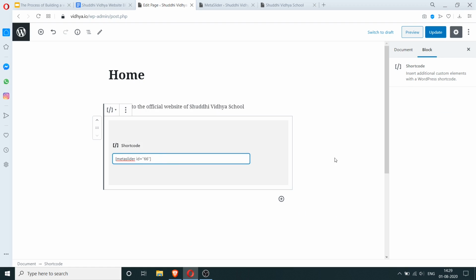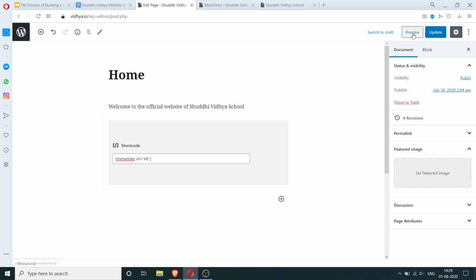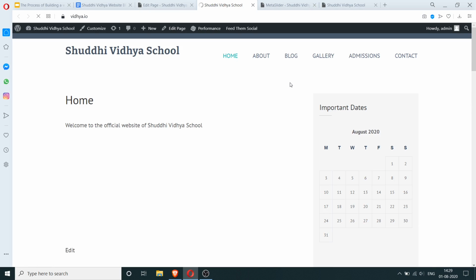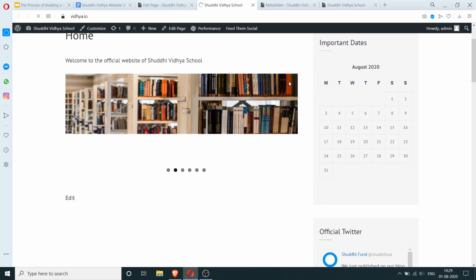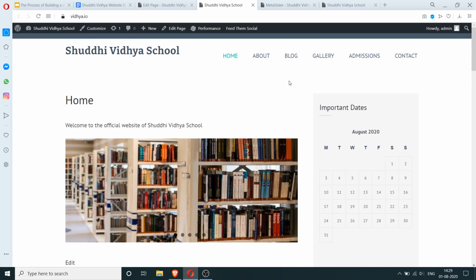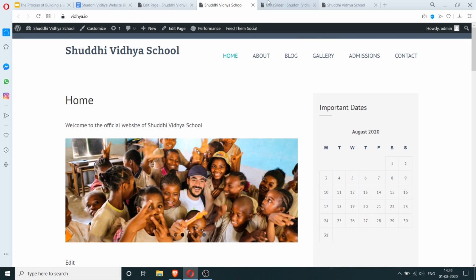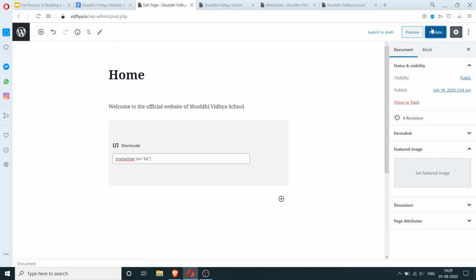I'm going to paste that shortcode here and go to preview. So yes, we have our slideshow here. Excellent. So I'm going to update it.